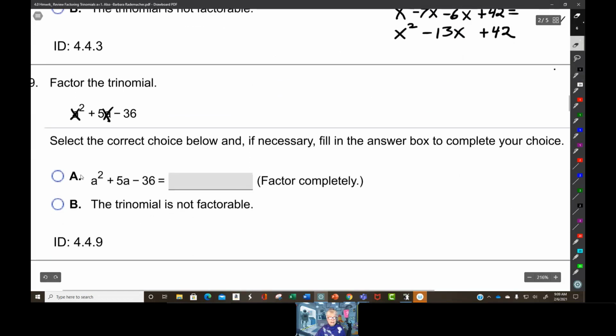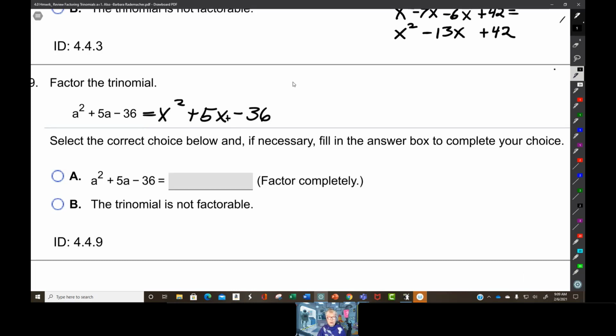All right, let me take care of this. Rewrite it as x squared plus 5x minus 36. And now we're going to factor C, but remember that invisible plus sign. This is negative 36. We're going to factor negative 36. Let me do it down here. Negative 36